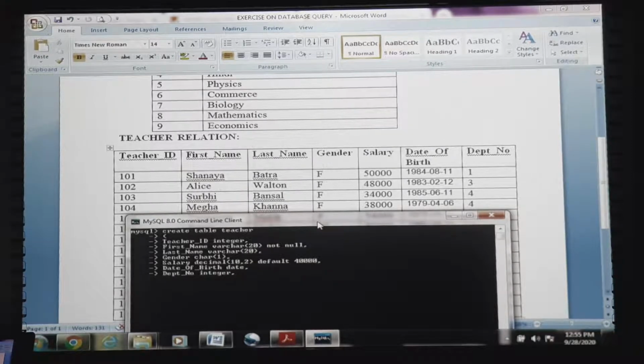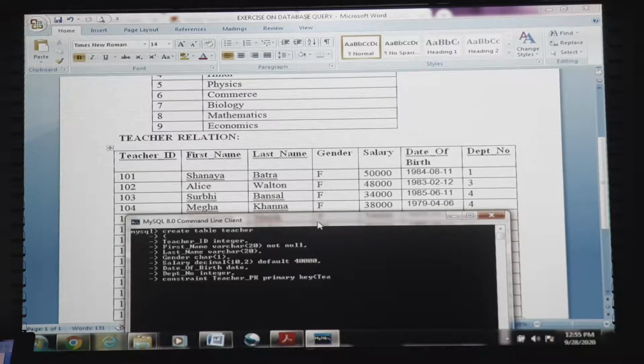We will declare the constraint teacher underscore pk primary key.